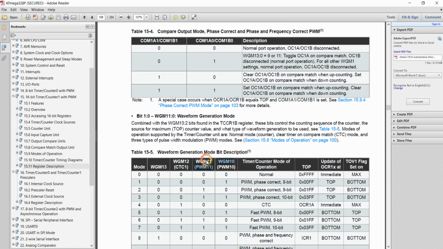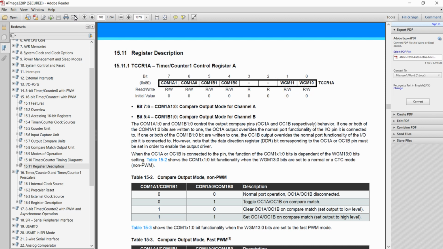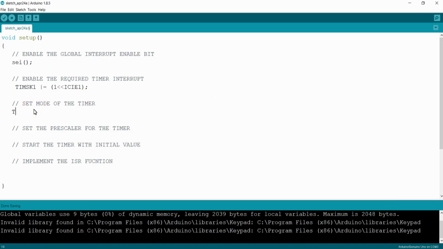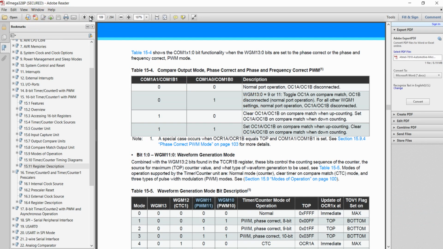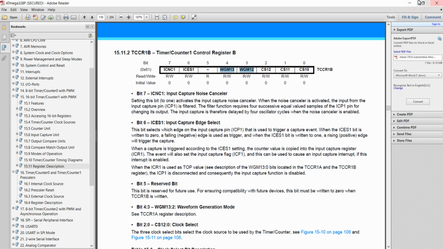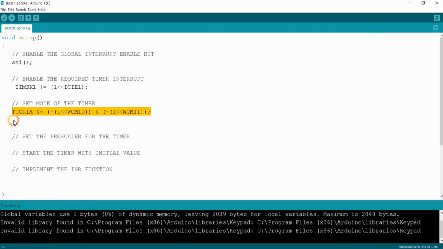WGM10 and WGM11 are available in TCCR1A, so I am clearing TCCR1A with &= ~((1<<WGM10) | (1<<WGM11)), and after that you can find WGM12 and WGM13 in TCCR1B. So this will set the timer in normal mode.